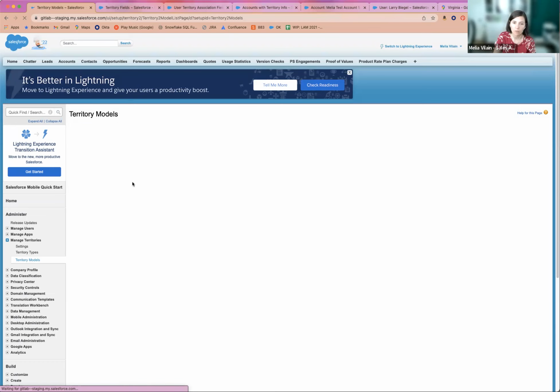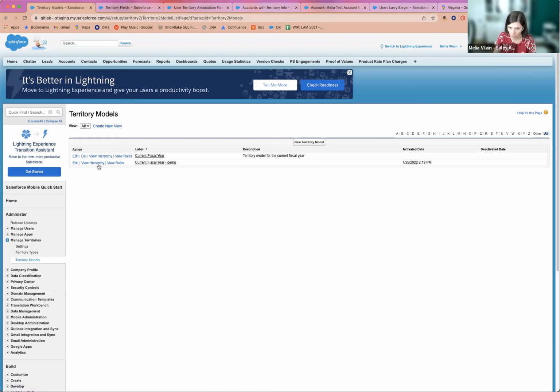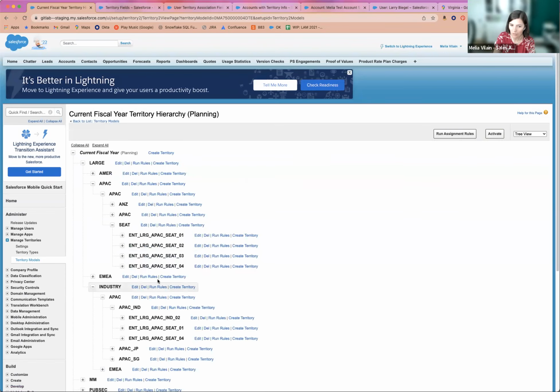However, when we get to the naming of the actual territory, that's probably more where the naming matters, the naming conventions at the bottom. And then the role hierarchy doesn't necessarily have to completely mirror the territory name. So one of the things that they say in best practices for ETM is that you should think of those two things separately. The role hierarchy is who reports to whom, and the territory hierarchy is how an account gets assigned to a territory. So for example, let's just say